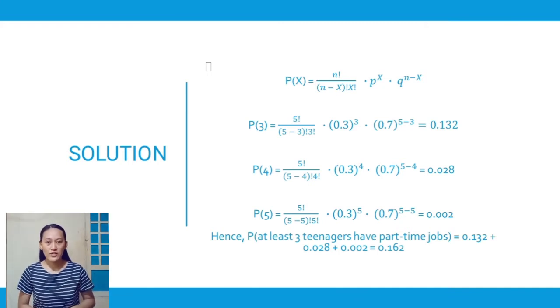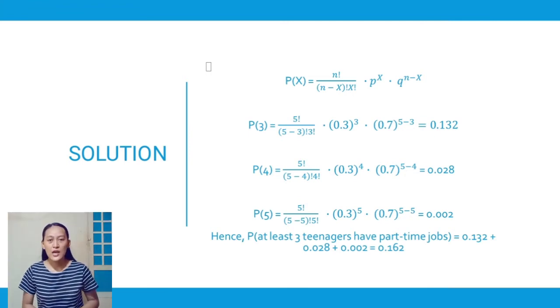Next, P of 4 is equal to 5 factorial over 5 minus 4 factorial times 4 factorial, times 0.3 to the power of 4 times 0.7 to the power of 5 minus 4, is equal to 0.028. Next, P of 5 is equal to 5 factorial over 5 minus 5 factorial times 5 factorial, times 0.3 to the power of 5 times 0.7 to the power of 5 minus 5, equals